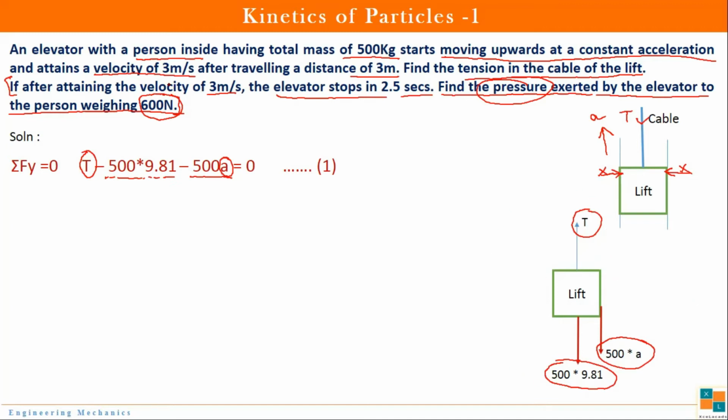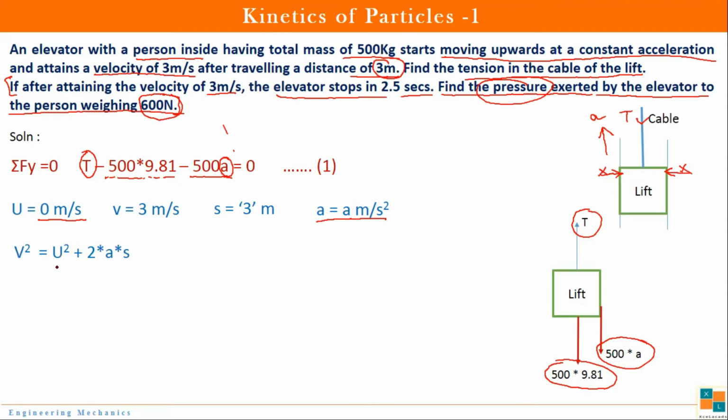So now let us make use of the data which is given in the question, that is, velocity and the distance are given. So we have u, that is initial velocity, as 0 because it starts from rest. Then it is given that it is attaining a velocity of 3 meter per second. So I will write v is equal to 3, and distance given to us as 3 meters. Acceleration we need to find out. So again I can use any one of the equations of motion. So I will use this one.